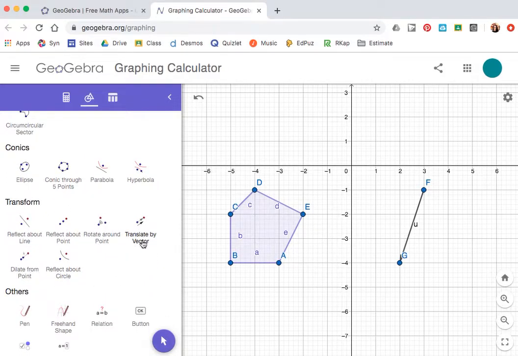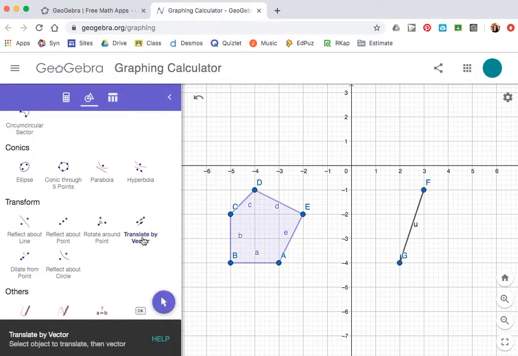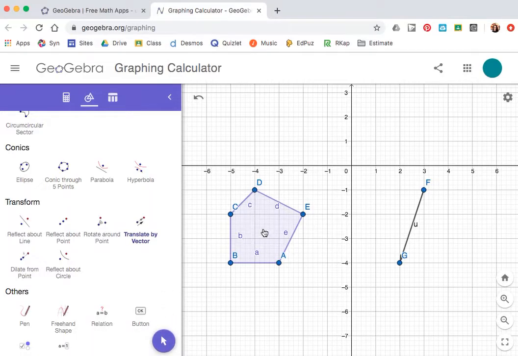We want to translate by a vector. So click here. And then down at the bottom, it'll say select object to translate, then your vector. So we're going to click in the middle of our polygon. You see it got selected. And then we're going to click in the middle of our vector. Wait till that little hand tool comes up, click on the vector, and then boom, I have a new